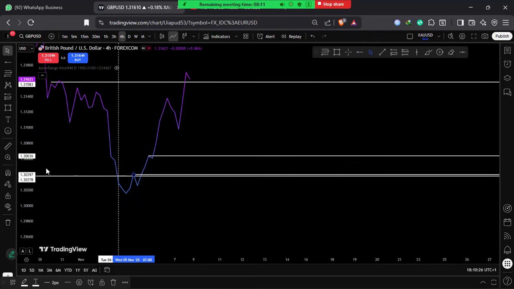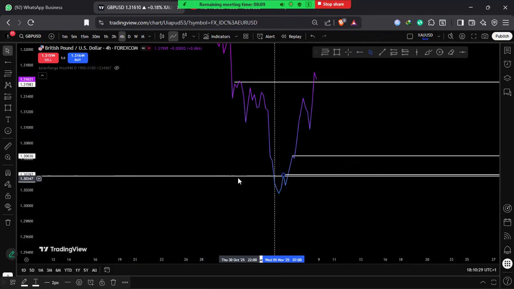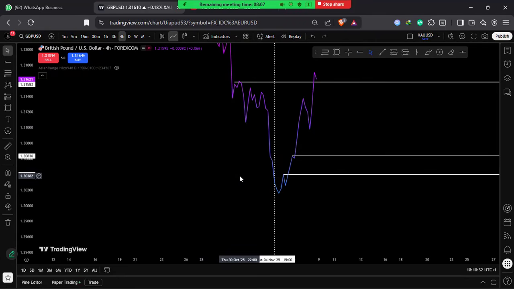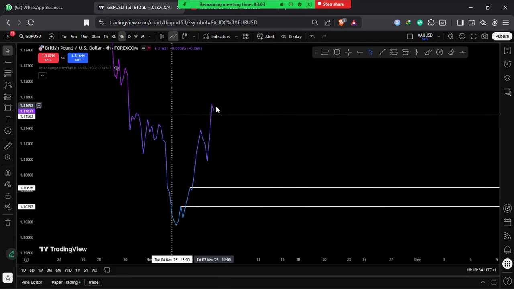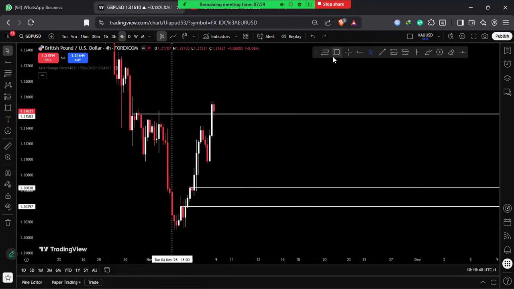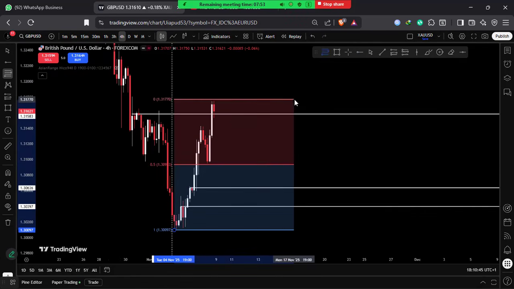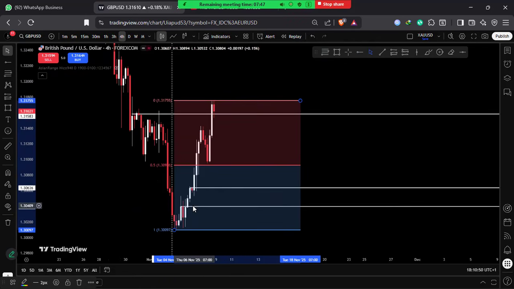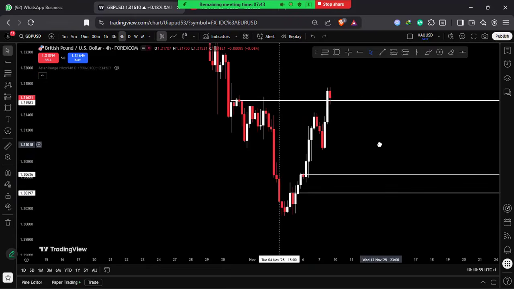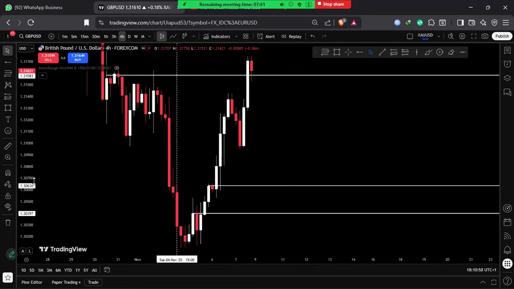So I'm expecting this guy to probably come down, give me a retracement. If I use my Fibonacci, we see that these two levels are beneath this 50% in the discount region. So I will be expecting it to come down here or this guy. Most likely this guy,